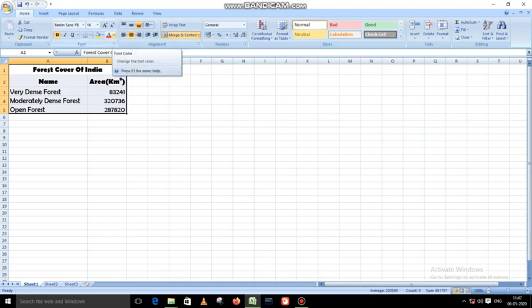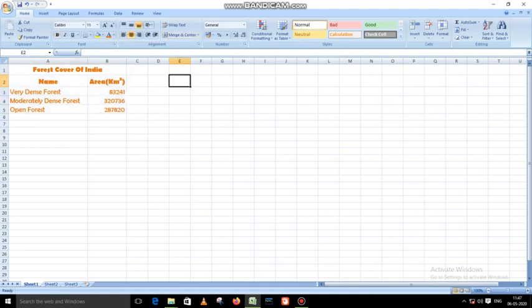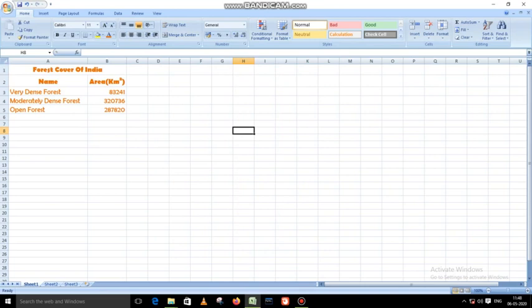Now again select the cell and suppose give it a different color. Click on the font color icon and give it a different color. Very simple. Using the mouse, select it and do your respective formatting. These things have been asked. Then we have to give a border and shading also. So the heading has been changed, alignment has been changed, and font size and color have been changed.